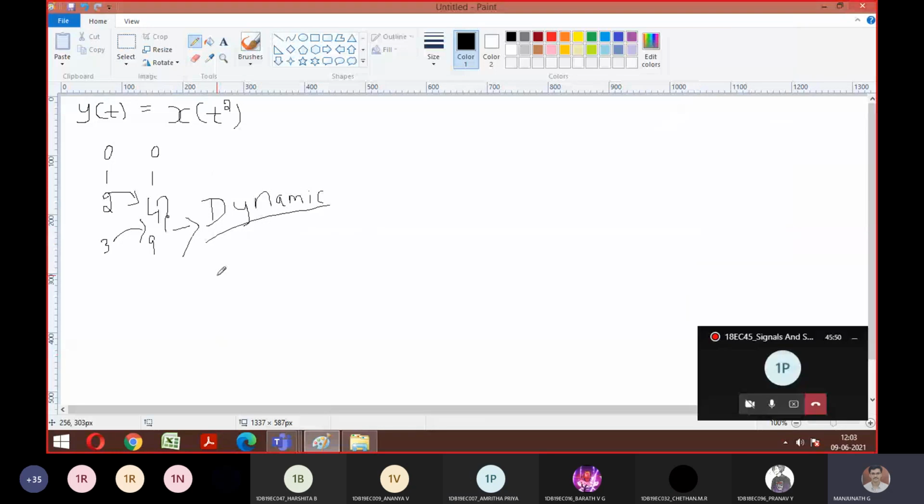So the first two people told it is invariant. Let's try to analyze why you will get different answers. What is property number 2? You need to prove the condition by giving only input as delay. So the first condition is y of t comma t1, which is equal to a function of x of t minus t1. We use a big bracket here. Now, whatever the function is with respect to x of t, I need to vary.